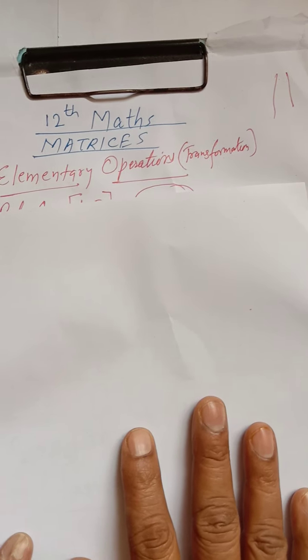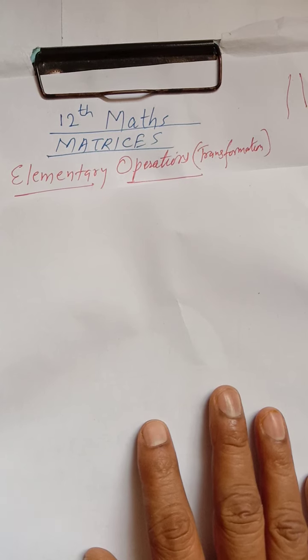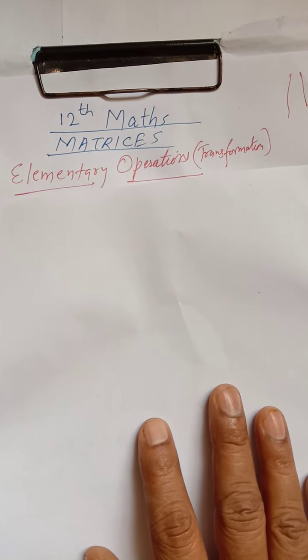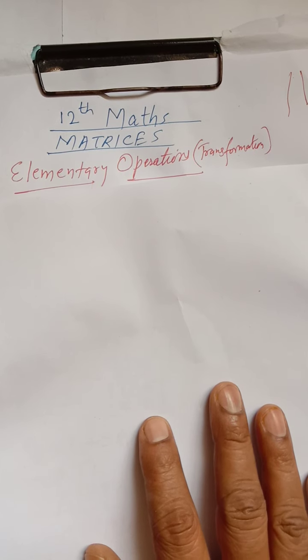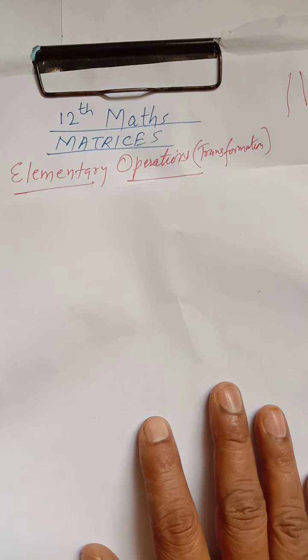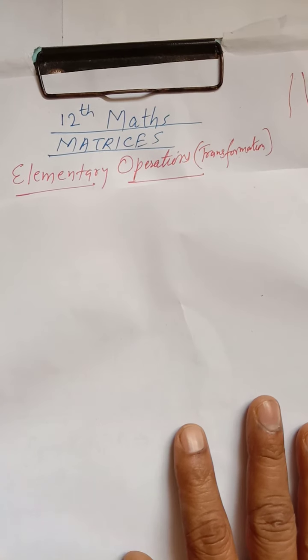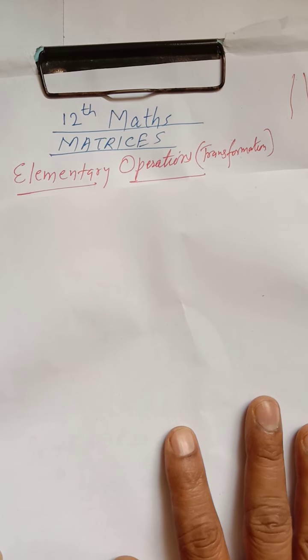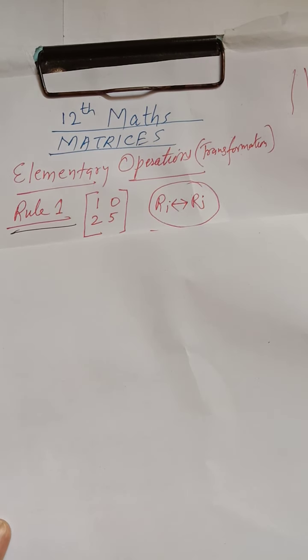Dear children, we will be using this for rows as well as columns. You can use rows, and you can use columns. First of all, we are going to learn what the rules are. Dear children, there is rule 1. Rule 1 is telling us